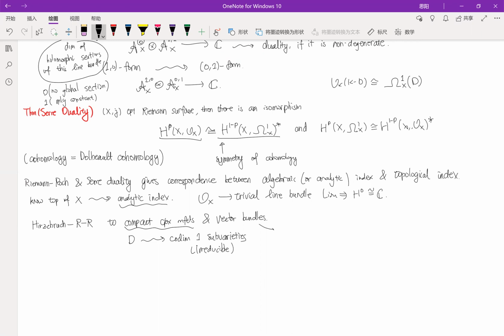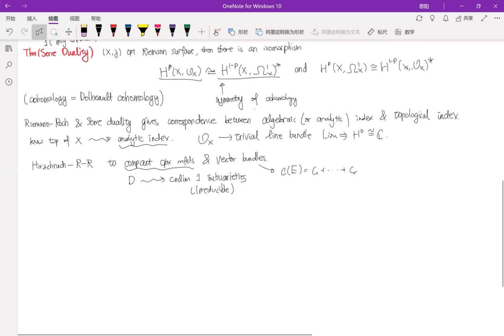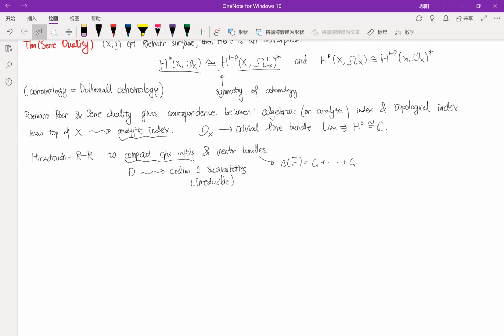And vector bundles have more characteristic classes, because we have a total Chern class, which is c0 plus c1 plus up to cr. So we have more data involved, and we need to combine them together. So we need more complicated techniques, and also the more generalized version, the Grothendieck-Riemann-Roch theorem, which is a relative version,